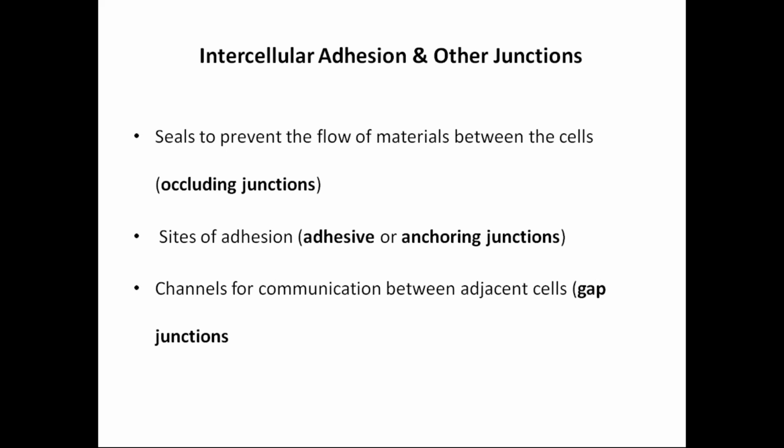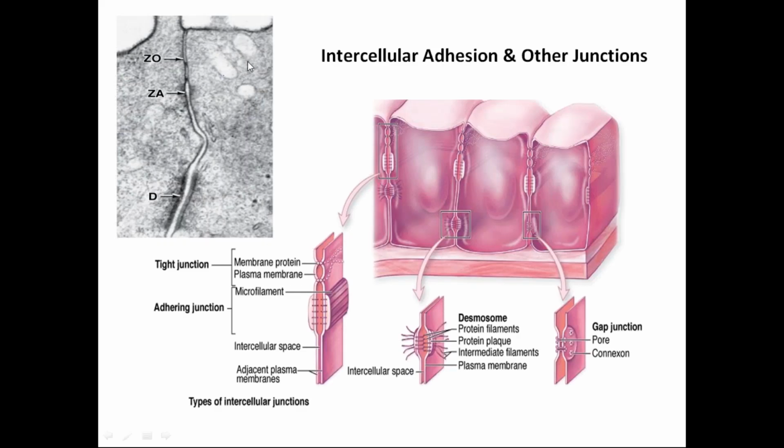So the cells form the tissue by joining, and in that figure I'm seeing an electron microscopic figure. Here is the cell surface, one cell here and another cell on the right and left side. This cell which is united in the vertical section, that is zonula occludens, is called the tight junction, then zonula adherens, and desmosomes are present